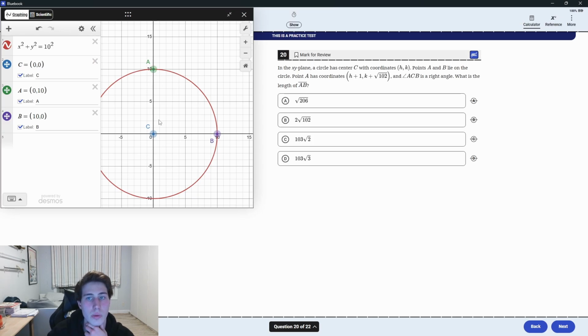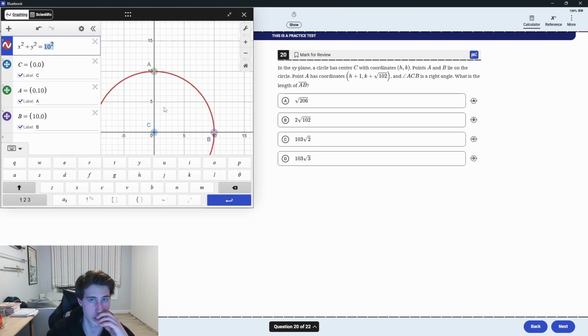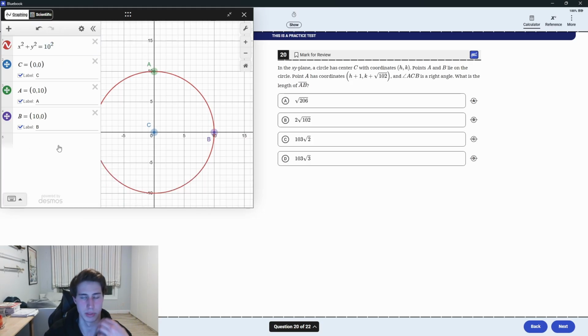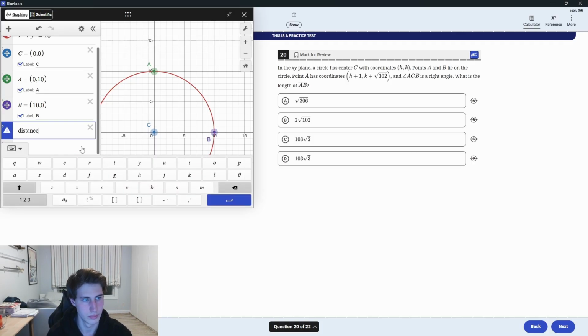Okay, so we have the coordinates of C and A. So now we need to find the distance between them, because we don't actually know that it's 10. In this case, we're just drawing 10 as a visual example to help us understand what it's going to look like, help us visualize it. I know Desmos has a distance, but I don't want to use it with variables. So in this case, we'll use the original distance formula,